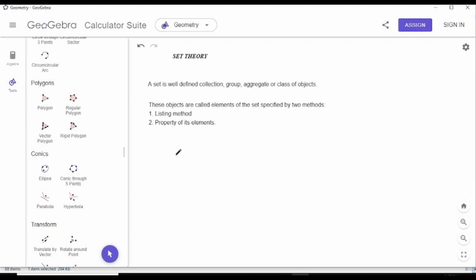Today we're going to handle set theory as part of our series, and we're starting with a definition. We're going to define what a set is. As you can see here, a set is a defined collection, group, aggregate or class of objects, meaning